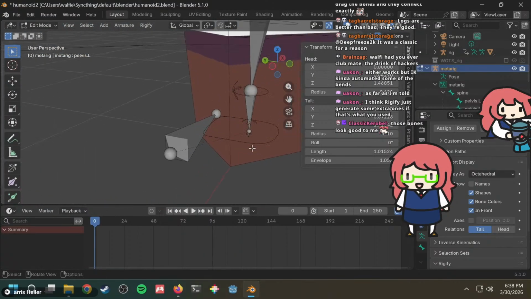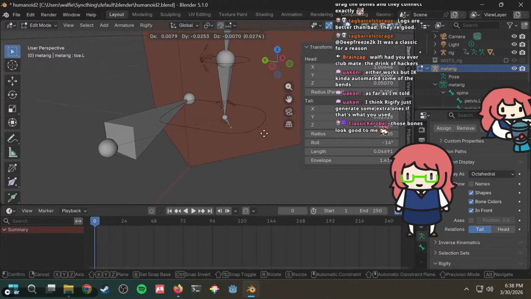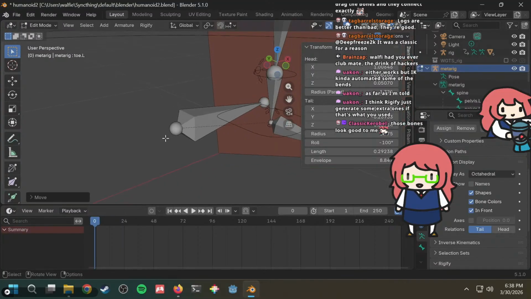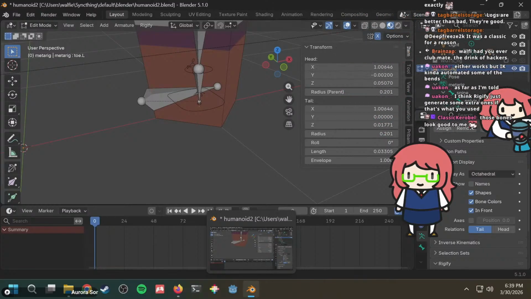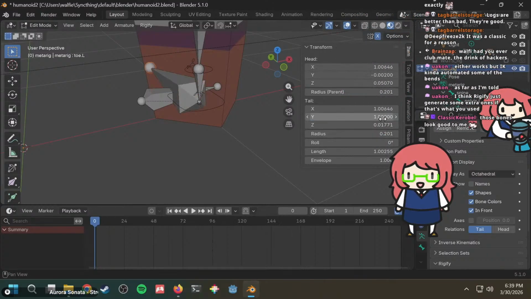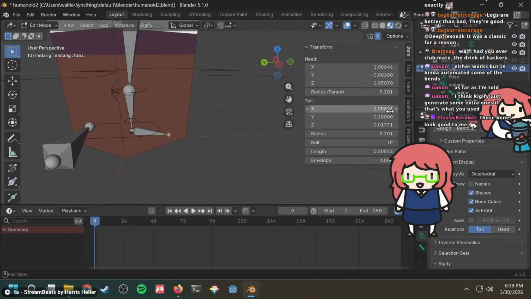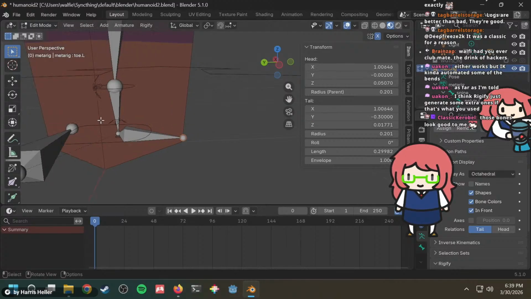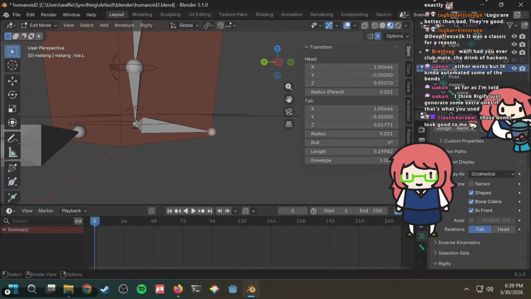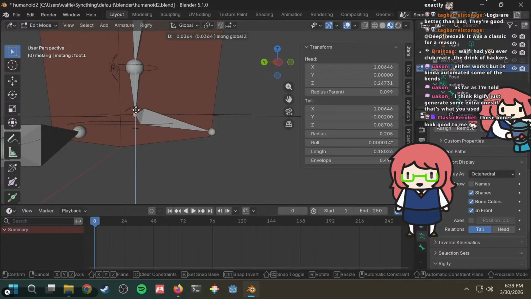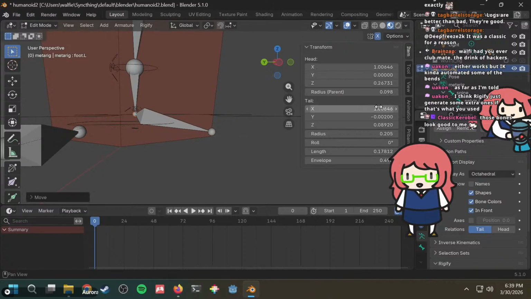But I think I messed up somewhere with this bone, right? Isn't this bone supposed to be like that? Why did it look like this? Hold on. I think I messed this one up. This one should maybe be negative 0.3. Negative 0.4. Negative 0.3. Right, this one was supposed to be here. And I believe that maybe this one needs to be slightly higher up, just because that's how that works.